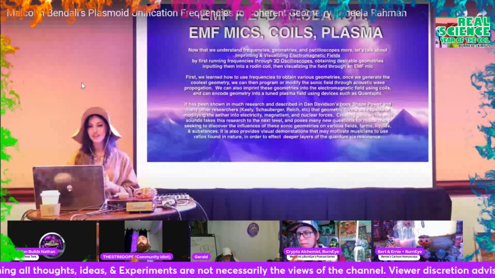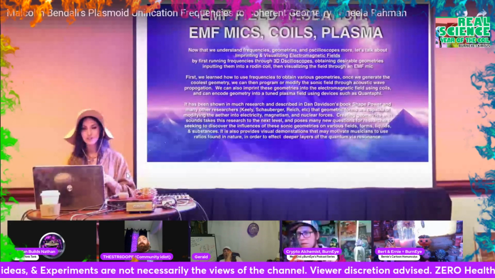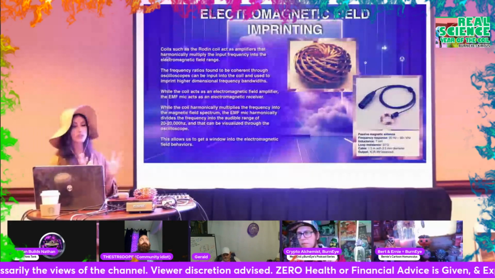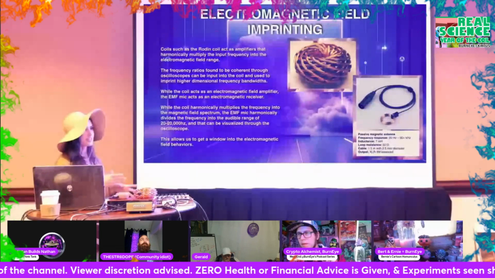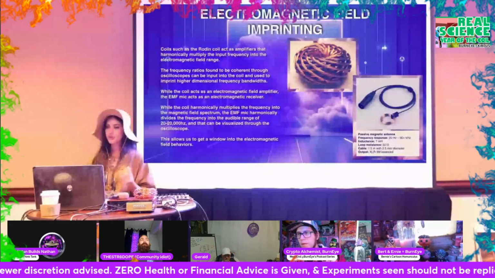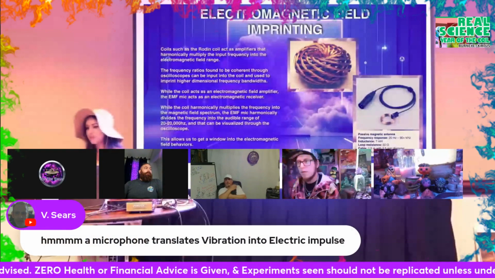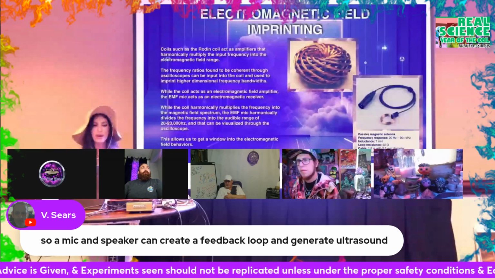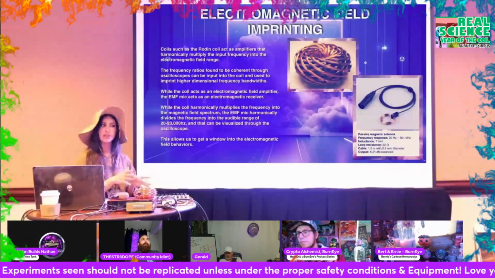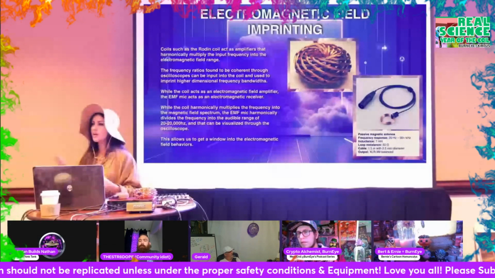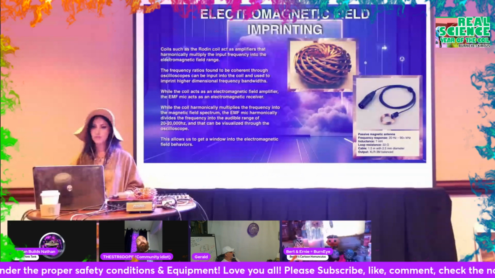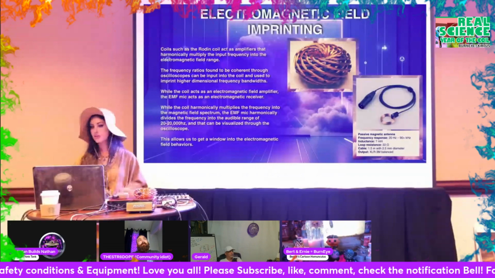You can imprint the geometries into the electromagnetic field using coils, and then you can encode the geometry into a tuned plasma field using a device like Quantify. These are just two ways you can imprint the geometries into different layers of reality. So geometric forms are capable of modifying the